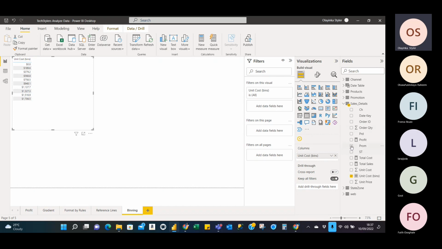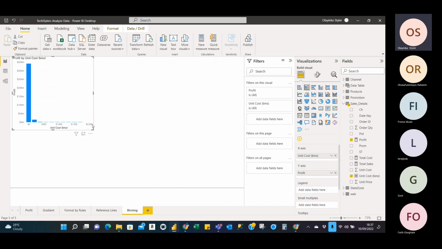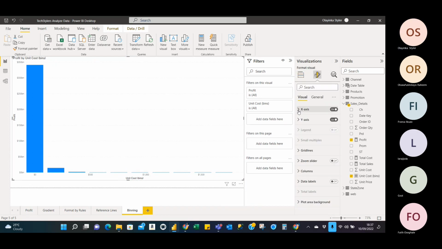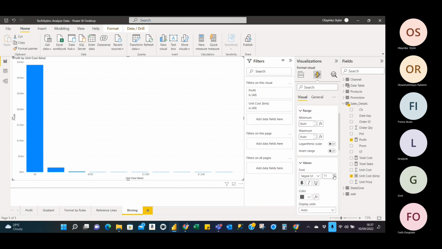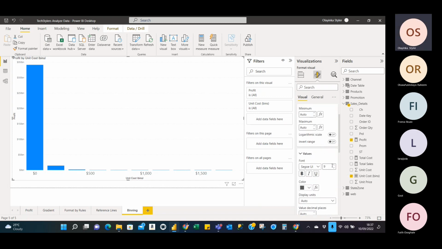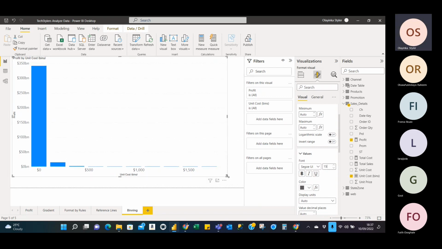Let me plot it with profit, and then let me take this to a column chart. So normally this column chart is supposed to show us, let me increase the distance so that we can see the size. The y-axis and size. So what this is supposed to mean is,